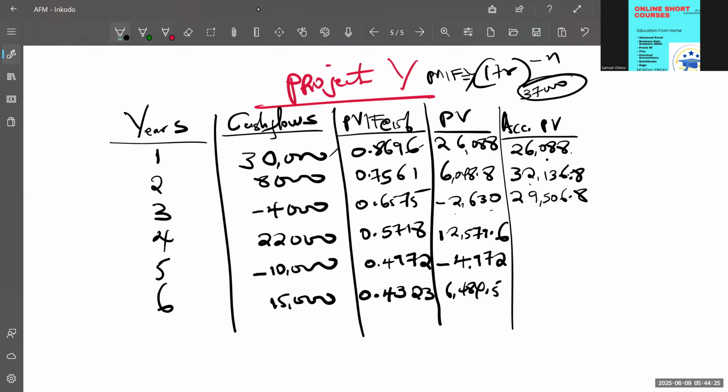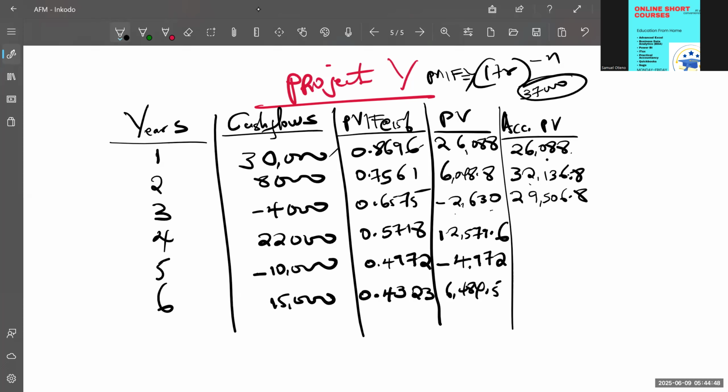So we go to the next year. We are looking to get 37,000, but we already have 29,000. So you can see we are still far from it. So we come to year number four. How much are we going to recover in year number four? Now, in year number four, the present value of the cash flow we expect, because we've discounted, is